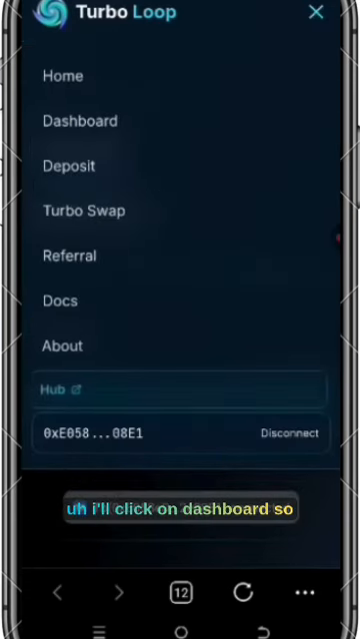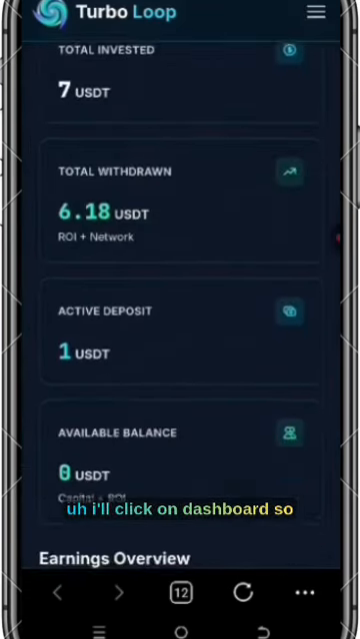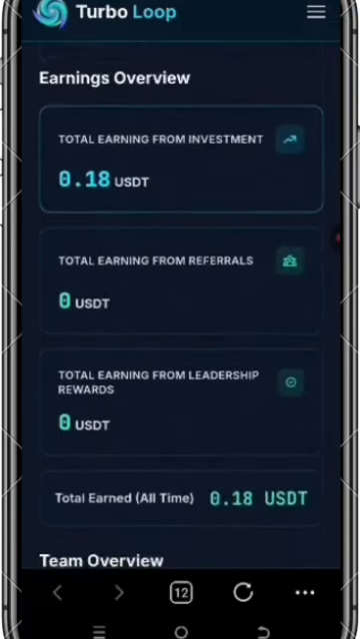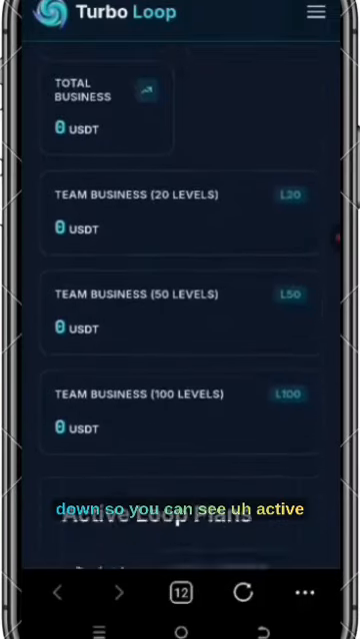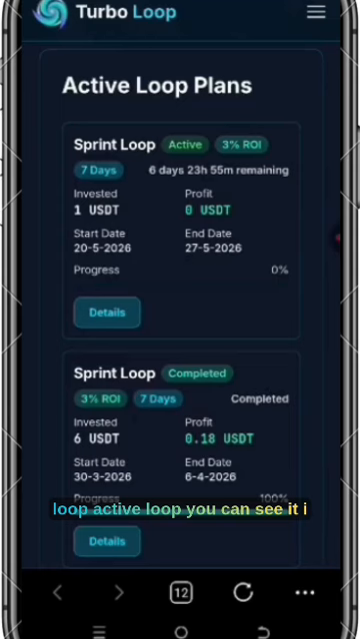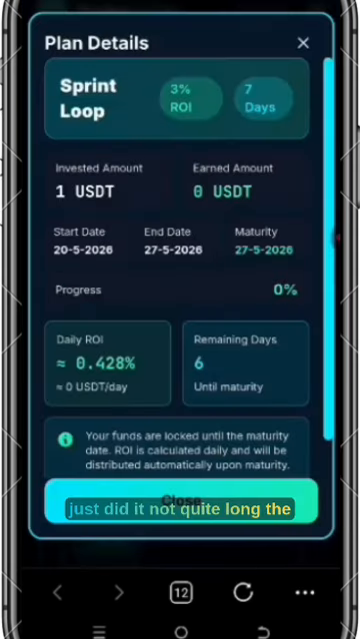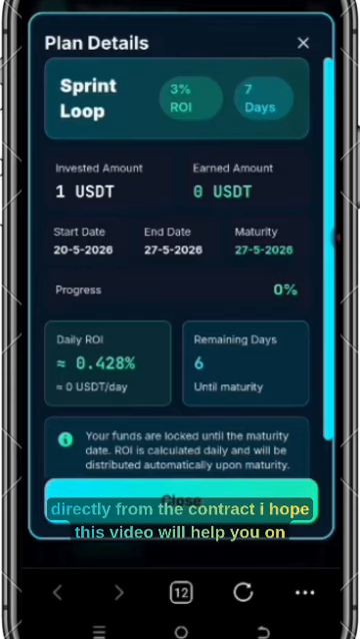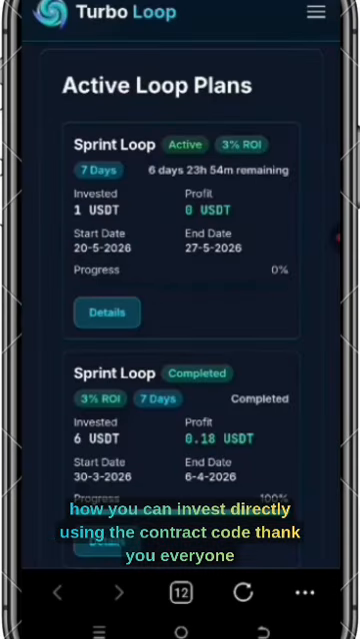All right, so I'll click on dashboard. Scroll down, so you can see active loop. You can see it. I just did it not quite long ago, the 1 USDT that I did from the contract. All right, so this is how you can invest directly from the contract. I hope this video helped you on how you can invest directly using